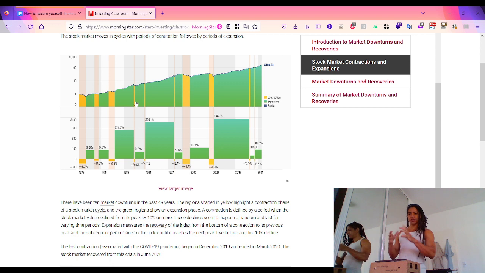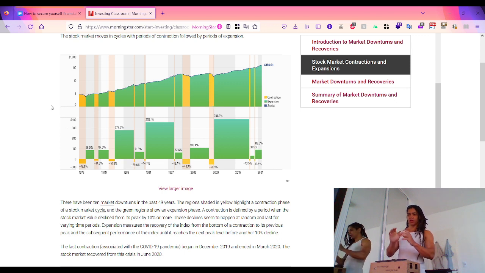This decline seems to happen at random and last for varying time periods. But it's important to understand it and look at them, to be prepared for those contraction phases that are highly likely to happen,